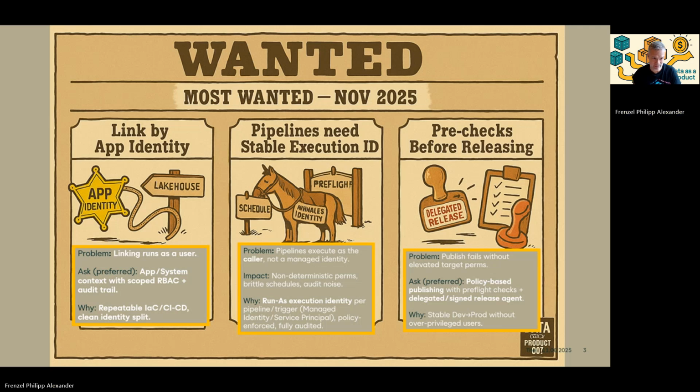This will help us to really have reliable CI/CD patterns and a clean identity split. Second, the pipeline execution should also be possible in an impersonated user context. You know that when you're coming from Spark and Synapse, there you have the possibility to say run as, and then you can say system managed identity. We miss this because currently it's again the same topic as above. You're logged in as the user, which is really, if you think about the data as a product context,